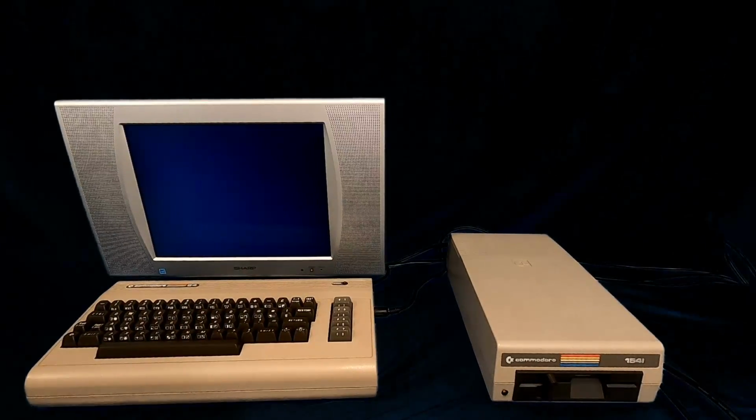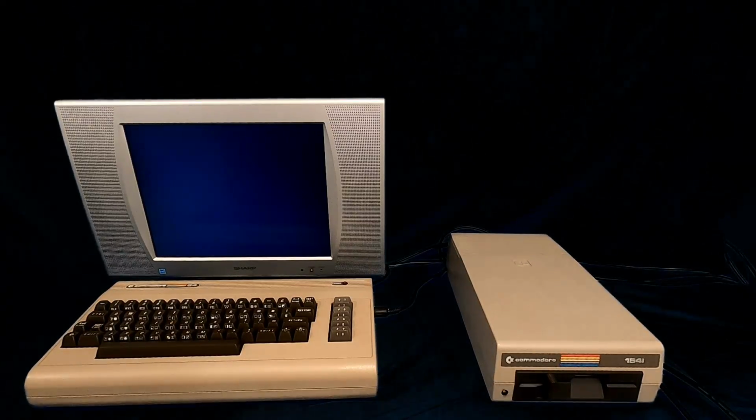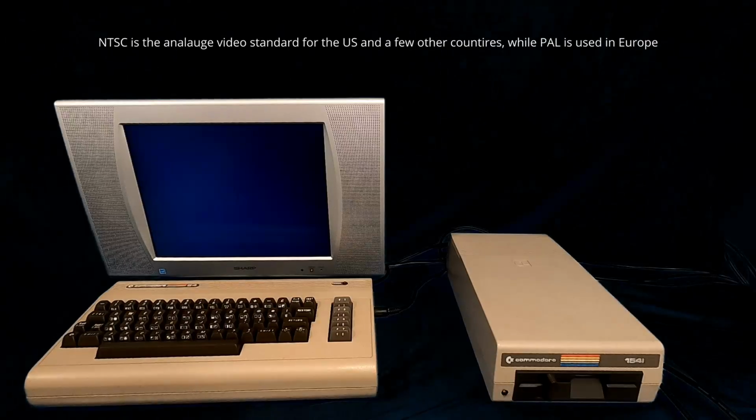The Commodore 64, the best-selling computer of all time, released in August of 1982. At launch, it cost about $595 US, which, accounting for inflation, is about $1,613 now. It used an 8-bit processor, the MOS Technology 6510, which was clocked at 1.023 MHz for the NTSC version and